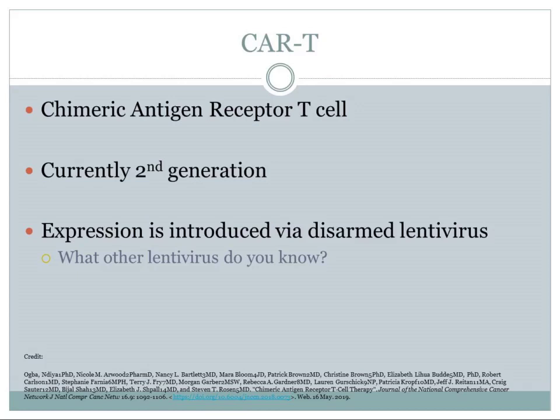So that's really important. The other big question I had, and it was really hard to find, I asked Dr. Baluch, is how are they getting the cells to express these genes or these receptors? The way they do it is they use a lentivirus to introduce it. We'll talk about all the specifics. But what lentivirus do you guys know? HIV. So what they do is they quote-unquote disarmed HIV, and they're using HIV to incorporate into the genome and